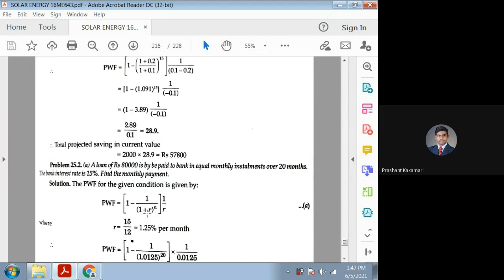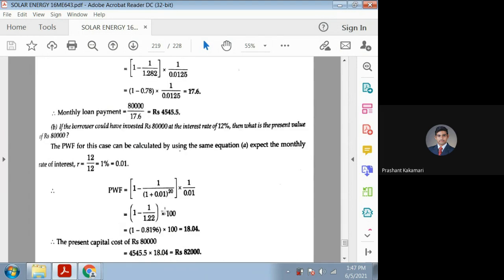Then the rate of interest is known for the month, and the number of months, n value, is given in the problem, that is 20 months. Once you convert these values and substitute, I have got here 1 minus 1 divided by 1 plus rate of interest per month raised to n, into 1 by r. If you take all these values and substitute, you will get one factor, and that factor into the amount you have to do, or per month if you want to find out you have to divide it. So the monthly loan payment, if I find out for the total amount,